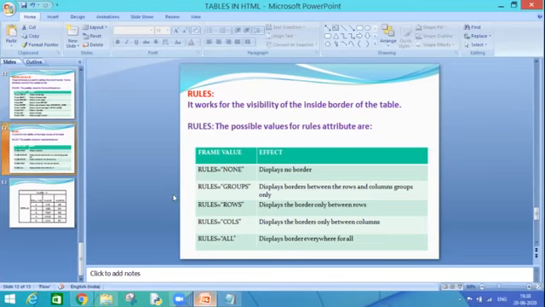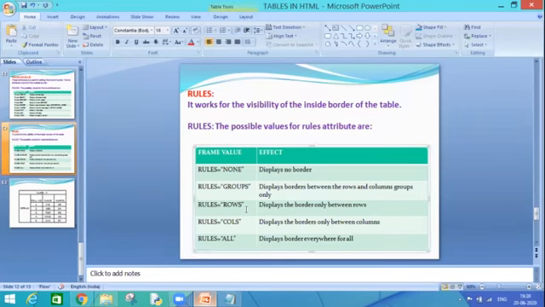And the values are none, there is no border. Groups, only the grouping of rows and columns will be visible. Rows, that means between the rows only the intersection point of my border will be visible. Cols, specifically for columns only, and all means everywhere.